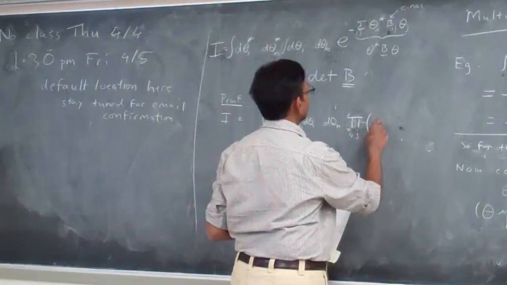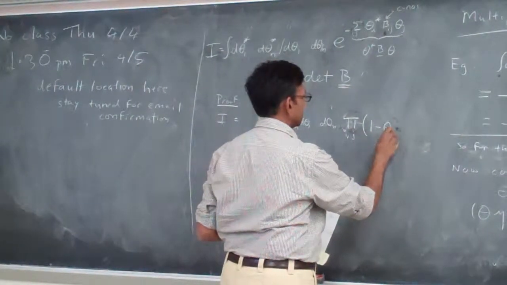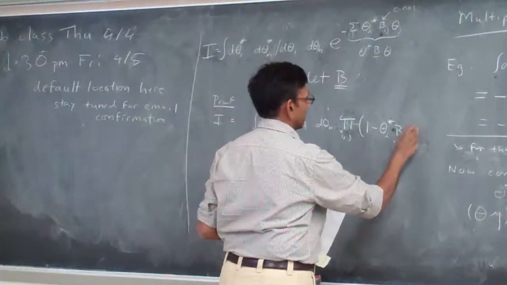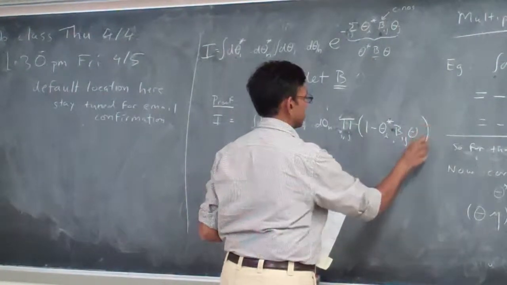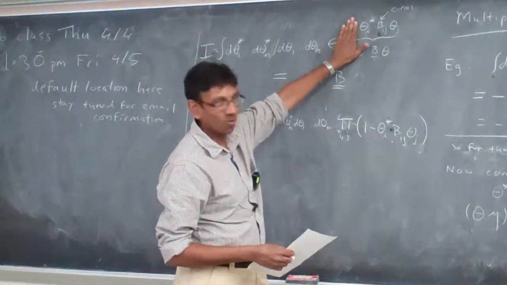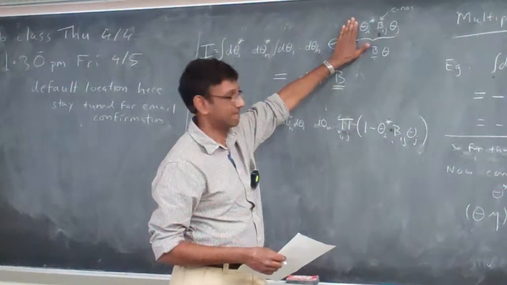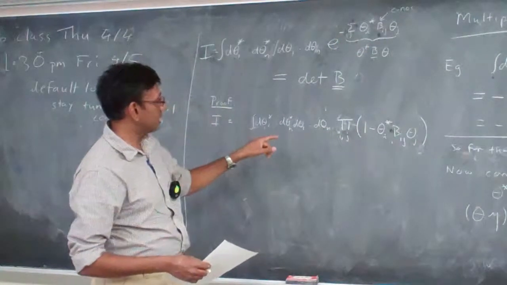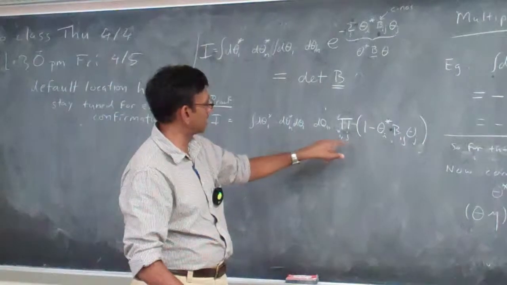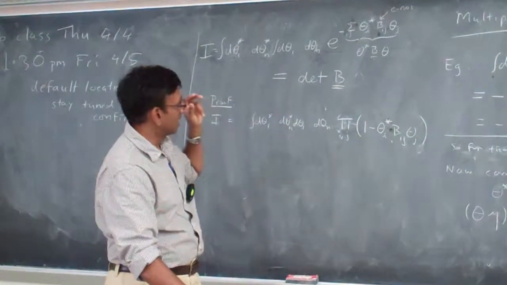It's 1 minus theta i star b_ij theta j. That's the entire Taylor expansion for that one term. Okay. So what I'm telling you is I have to choose out of this product over i and j, I have to choose